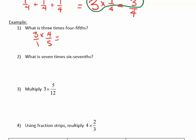3 wholes times 4/5. I multiply my numerators together, so 3 times 4 is 12. And I multiply my denominators together, 1 times 5 is 5. So 12/5 is my answer. How can I see if this is correct? Well, I can actually do 3 times 4/5 is the same thing as 4/5 plus 4/5 plus 4/5, just like